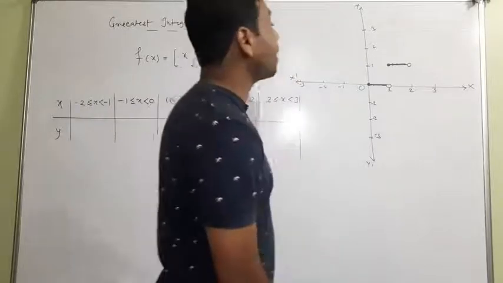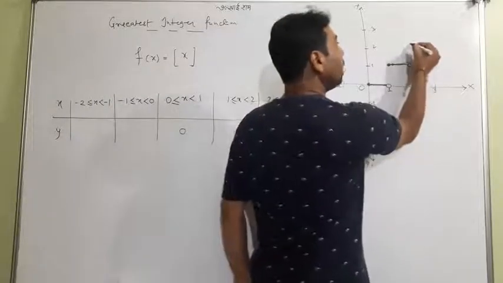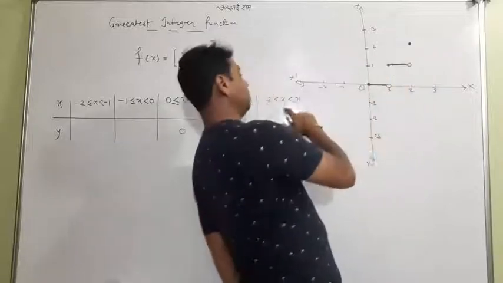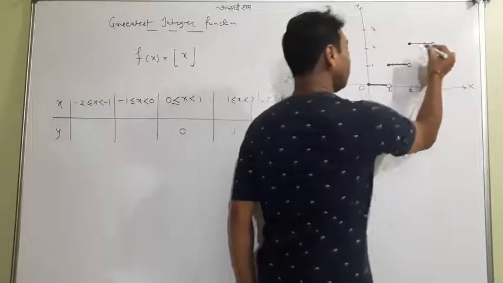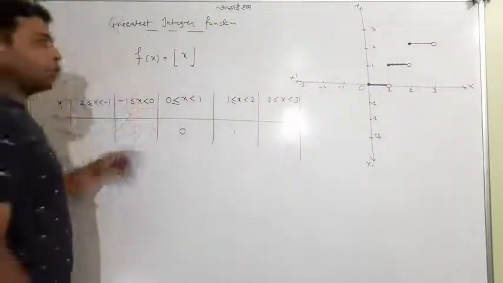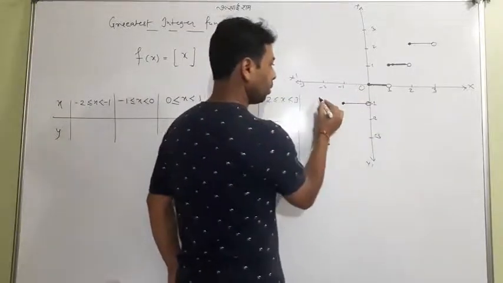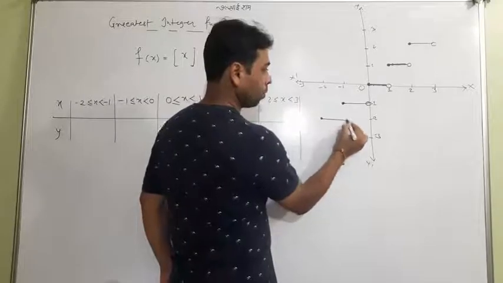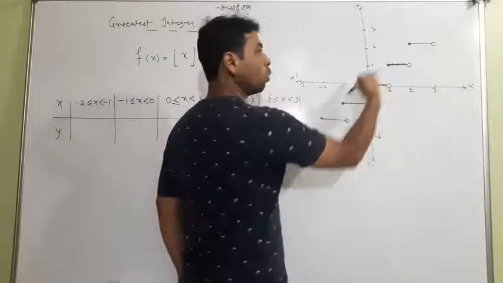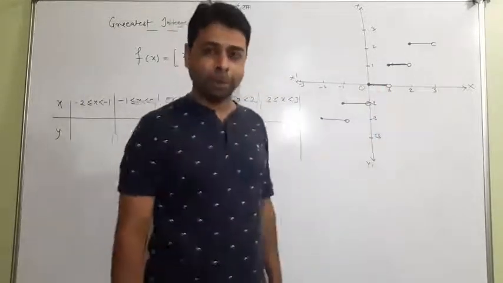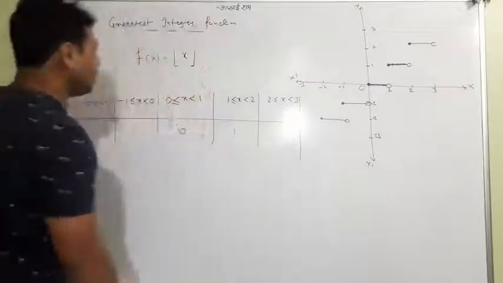Hope now the idea has come to your mind. This is also called a step function, and this will go ahead. Now you know the matter. For this particular side it is like that, and for the negative side, it will be like that. This is called a step function. So this was the simple idea I have given you.